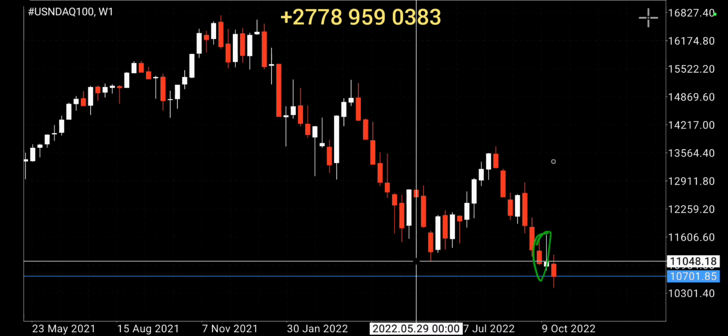Because if you look at this candlestick, it means that at some point the bulls pushed until there. At some point, this candlestick looked like that. But because this is a weekly chart, before the week ended, they were forced to go back and close here. That's why we have a tail. So because of what happened before the week ended, you can see that the bears are becoming very aggressive. That's why we have a bearish rejection candlestick. That bearish rejection candlestick could suggest that the bears who just finished the week can continue again next week and push to the downside.